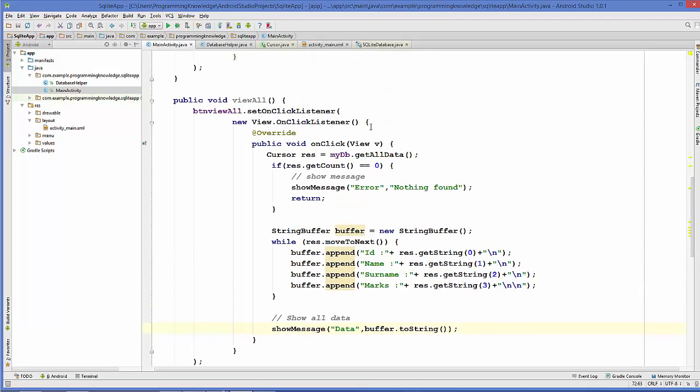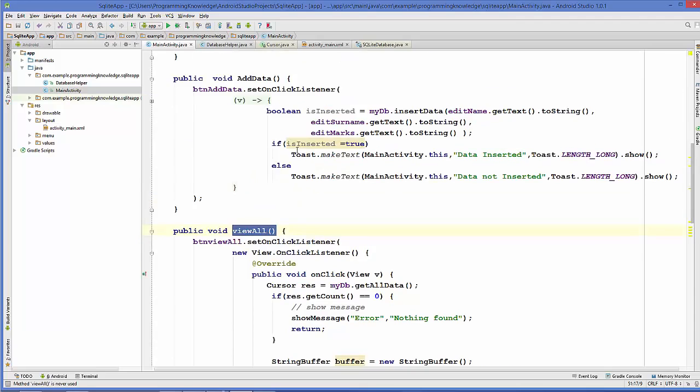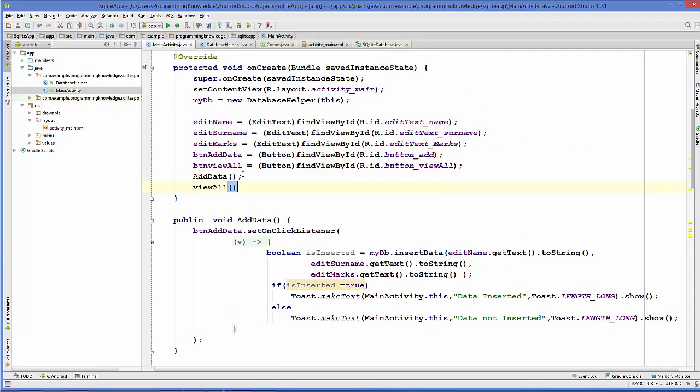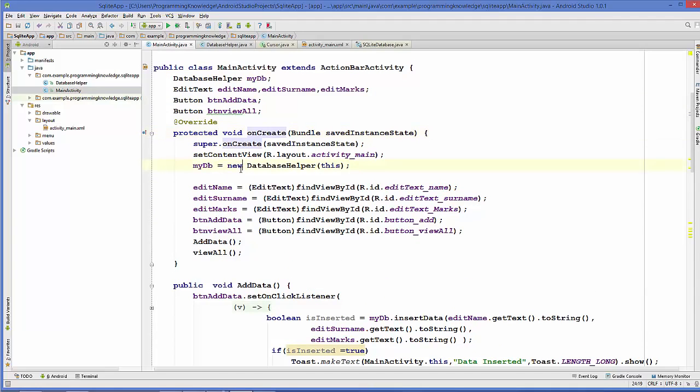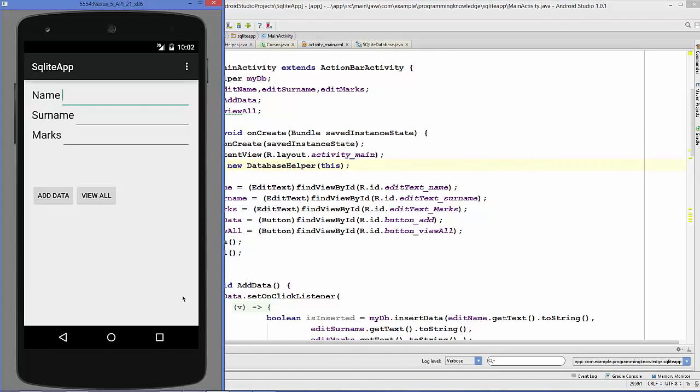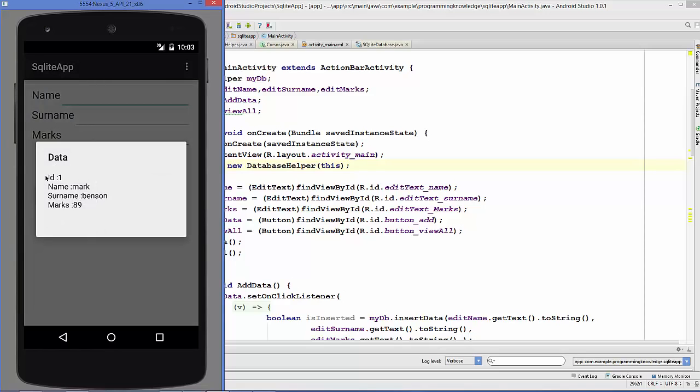One more thing which remains is we need to call this view all method inside our on create method. So just copy this view all method and paste it inside your on create method of your main activity. Okay, now let's run our program. So our app is running now, and when we click this view all button, we will be able to see the data. So right now we only have one student data,